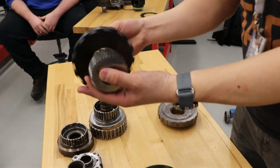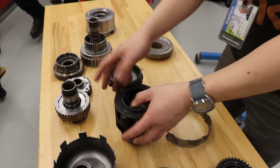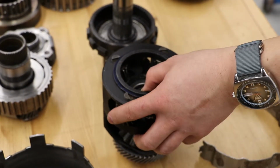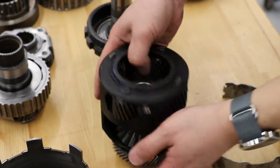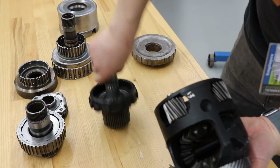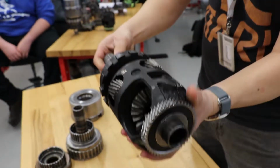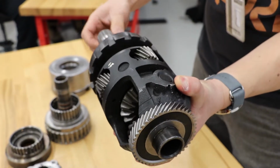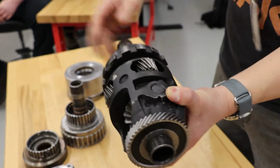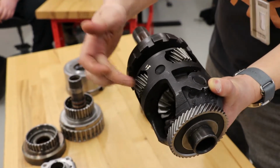Now, this is going to try to turn the final drive pinions, right? It's going to try to turn the final drive pinions in this fashion. So I'm going to hold it like this. Watch what happens. We're going to make it all visual. Okay? Can we all understand? This is trying to do this right now, yes? Counterclockwise to move the vehicle backwards, right? That way. But the only reason why the final drive is not turning is because the pinions are allowed to